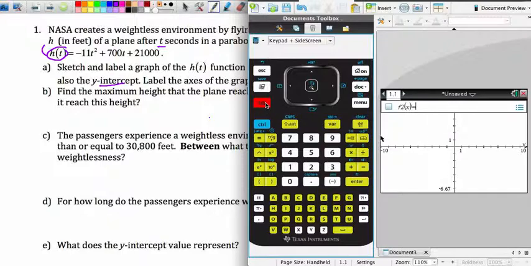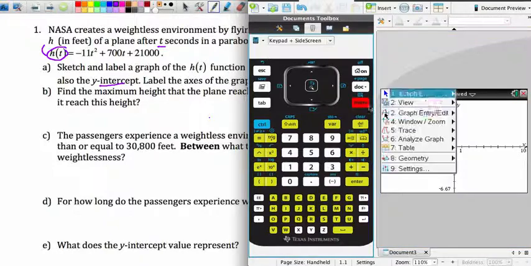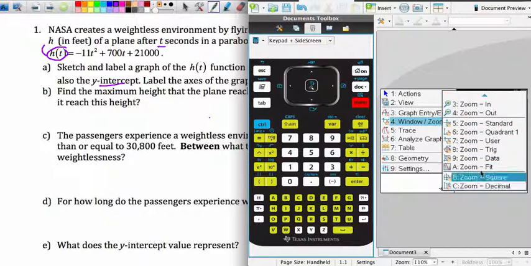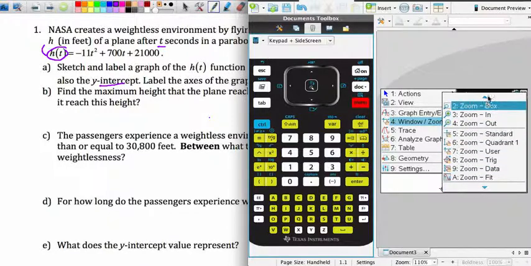And hopefully what you recognized or realized was that when you entered this, the graph has got a y-intercept, a starting value of 21,000. And so when you look at your graph, naturally, with our graph going from minus 6 to 6 approximately, we're definitely not going to be able to see this graph. So lots of different options. The most efficient, of course, is to go into the window. The problem here is if we zoom out, we may have to zoom out multiple times. You do have a zoom fit option where the calculator will try and set a window for you that is appropriate. So that's not a bad place to start. And of course, the alternative